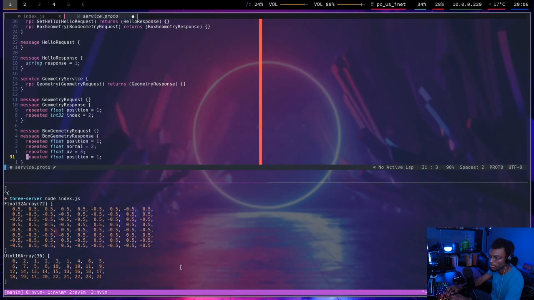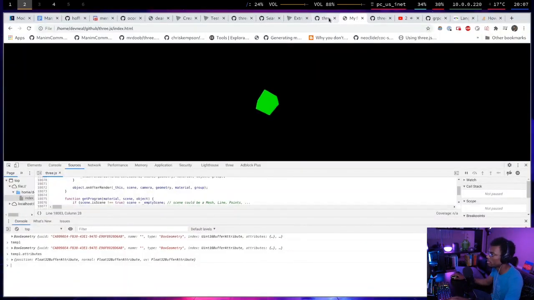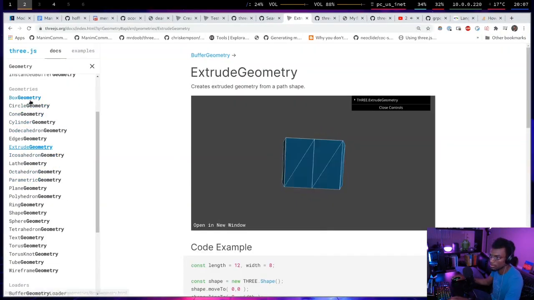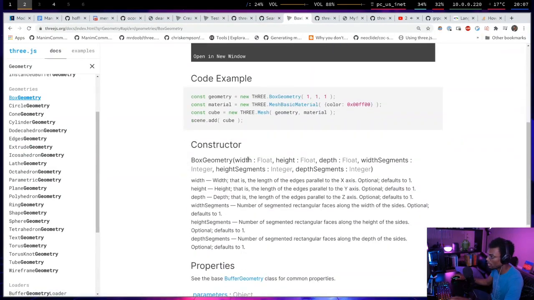And they don't have repeated int32 index. For the request, I guess I'll just pass in all those parameters. Let's see, width, height, depth, width segments, height segments, depth segments. Okay. And it's float, float,